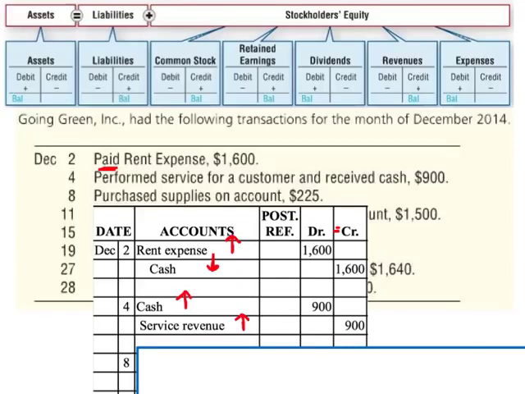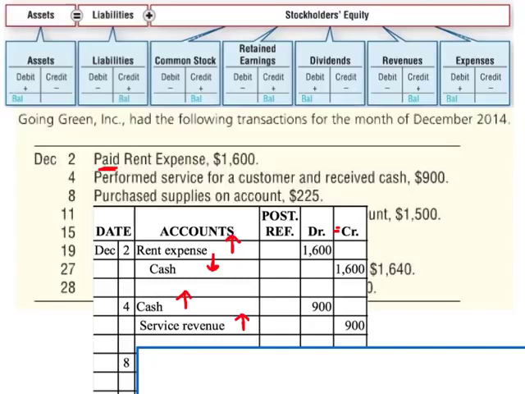All right, let's look at the next one. It says purchase supplies on account $225. Okay, well, we purchase supplies. So let's think about that. What kind of account are supplies? Assets, liabilities, or equity? Well, it's an asset. It's something we own. And if I'm buying supplies, bringing them into the business, that means my asset, supplies, is going to go up. So I need to debit